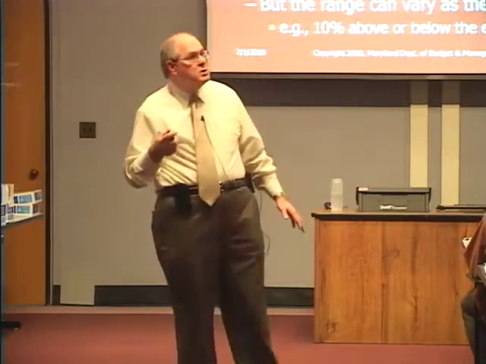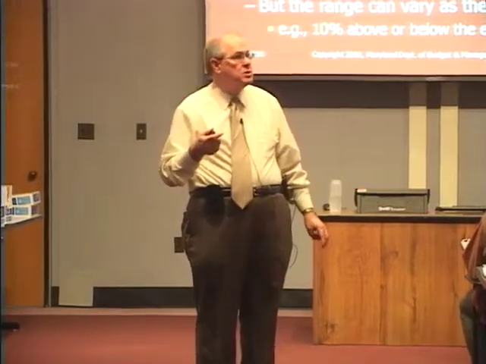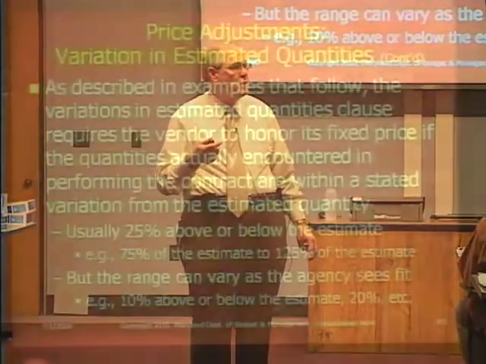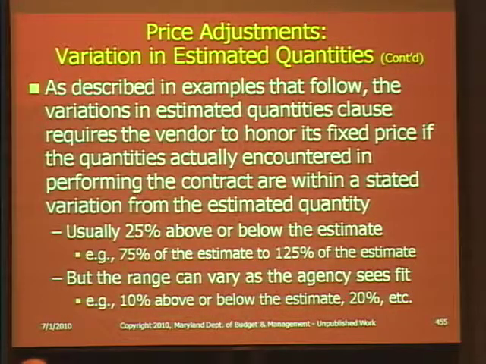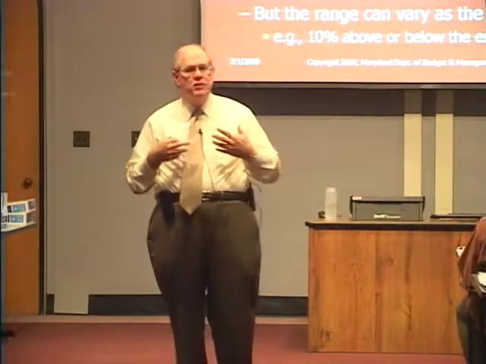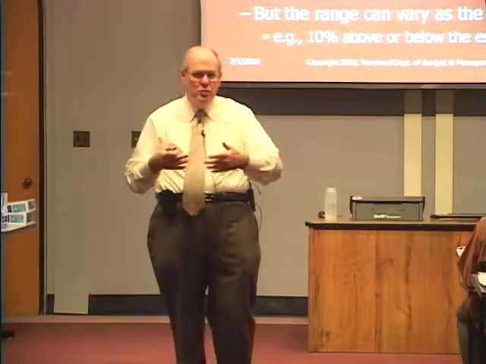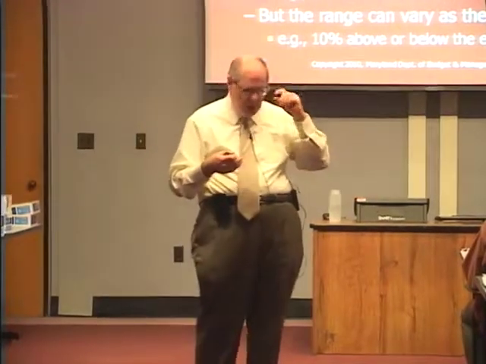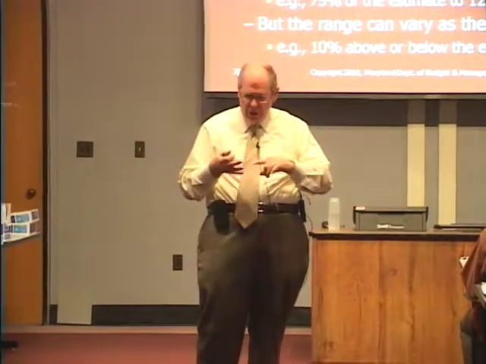Okay, as described in examples that follow, the variations in estimated quantities clause requires the vendor to honor its fixed price if the quantities actually encountered in performing the contract are within a stated variation from the estimated quantity. And the usual one, the default one that is in COMAR, is the 25% above and below the estimate. And what that means, if you take the estimate being, let's say, 1,000 cubic yards of dirt, as long as what the vendor does as far as if they have to remove dirt, as long as the actual amount they remove is within